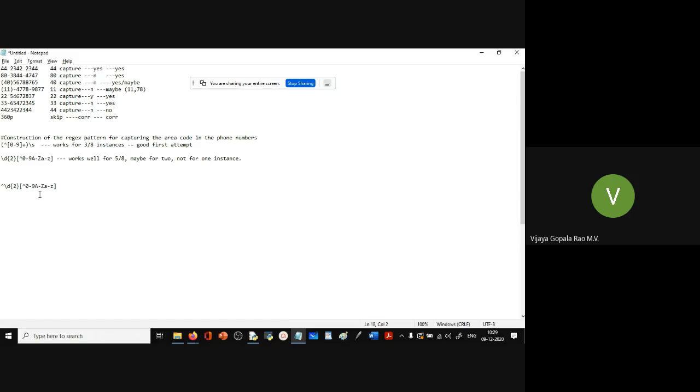Sir, backslash parenthesis. Backslash. The parenthesis is a meta character. It is used for grouping. If we want to match a parenthesis, we have to put a backslash. So let me put a backslash in the open parenthesis. But then you see the parenthesis is optional. It is not present in these numbers. It's only present in these two. So the parenthesis may be there or may not be there. So how do I indicate that? To indicate that, I just put a question mark.